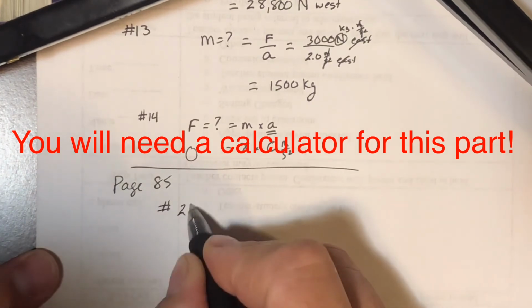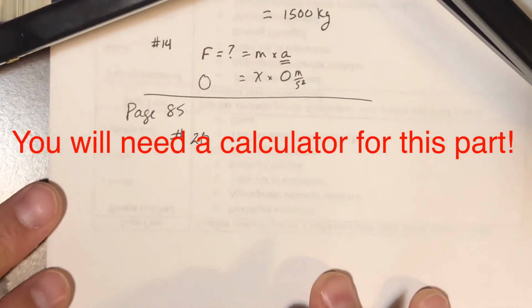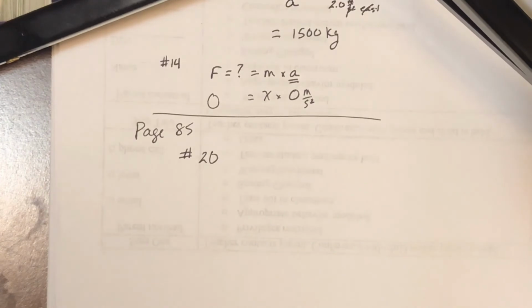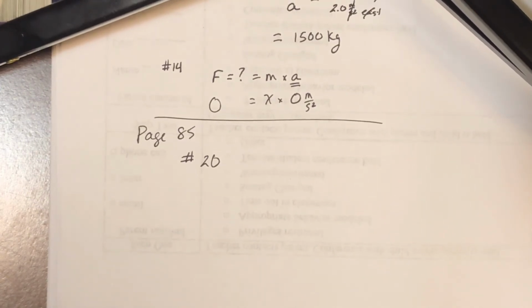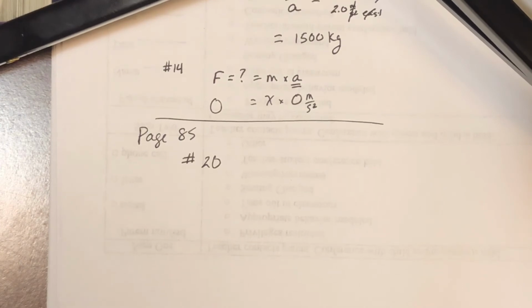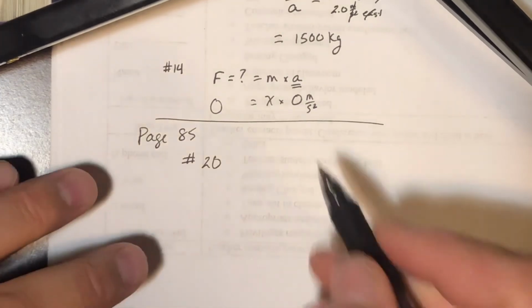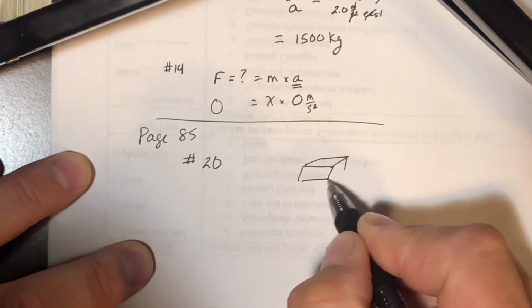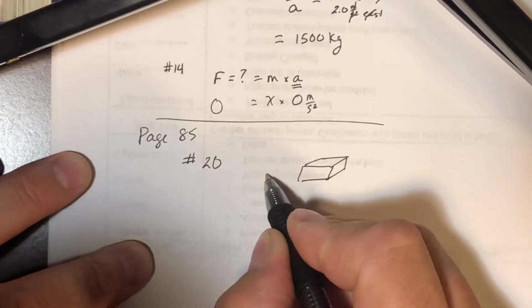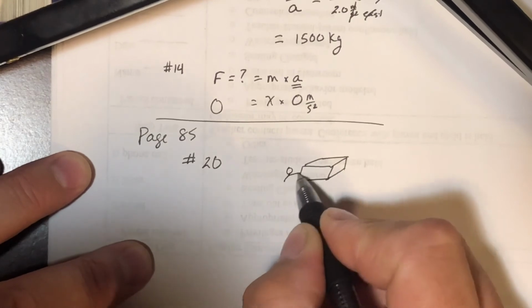Number 20. Calculate acceleration. A student pushes a 5 kilogram box with a force of 20 newtons forward. The force of the sliding box is 10 newtons backwards. What is the acceleration of the box? So we have this box. It's a pretty large box. So we have this student who is pushing this